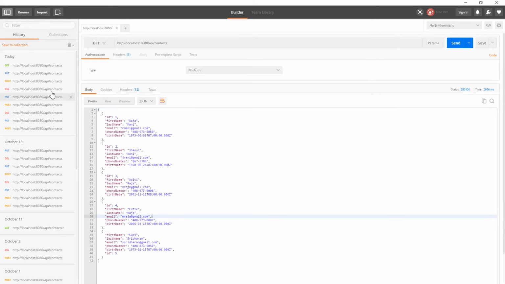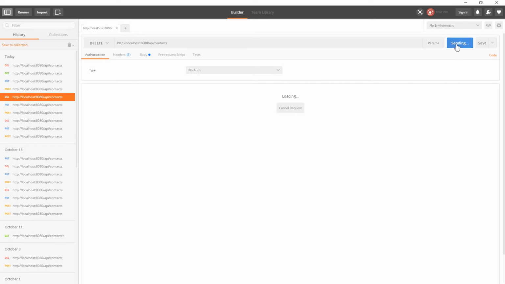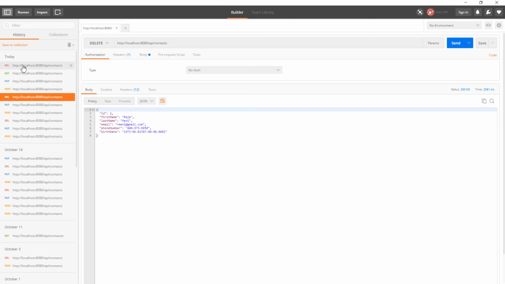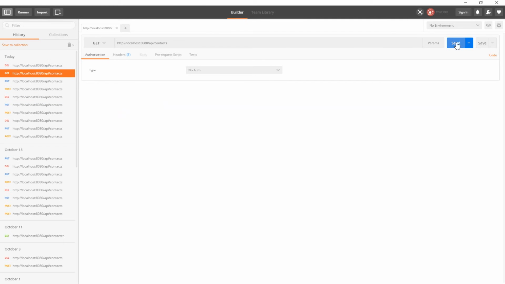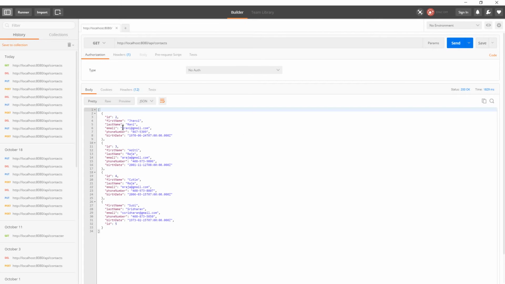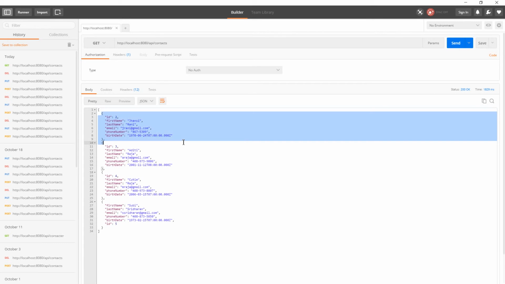And then finally the delete call to delete the first contact. That's the contact with the ID 1. So that's the last one. And we'll call this. Let's go back and call the get one more time just to make sure that the contact with the ID 1 has been deleted from the in-memory repository. There we go, it's all gone. So now we have isolated the routing code from the application class into their own router classes for all three